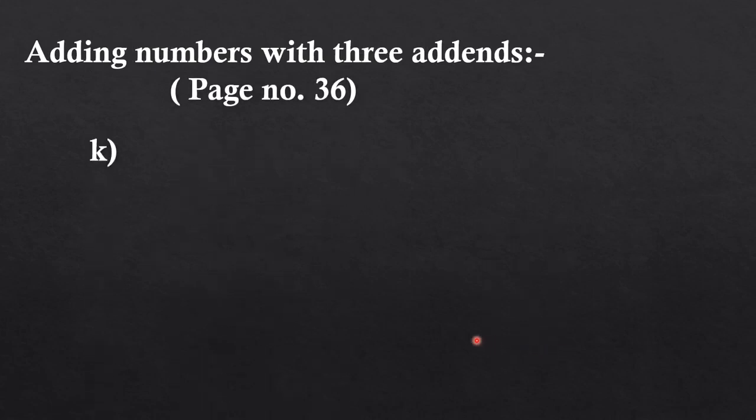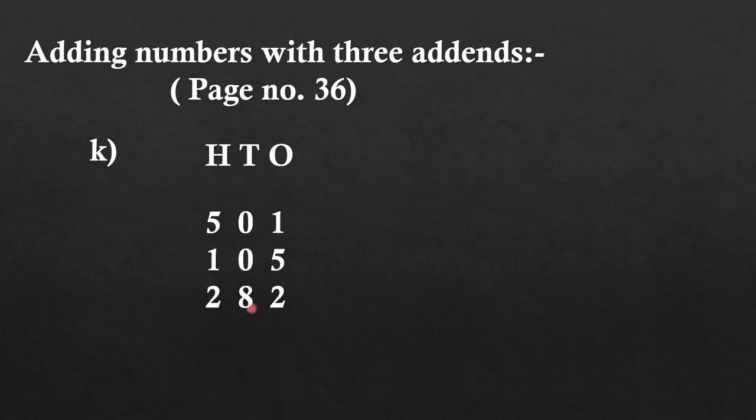Now in K part we have to add 501, 105 and 282. Okay, so again we will start from our ones place. Keep 1 in your mind and 5 on your fingers. So after 1 you have to count 5 numbers, 2, 3, 4, 5, 6. Now keep 6 in your mind, 2 on your fingers. So after 6 you have to count 2 numbers, 7, 8. So we will write